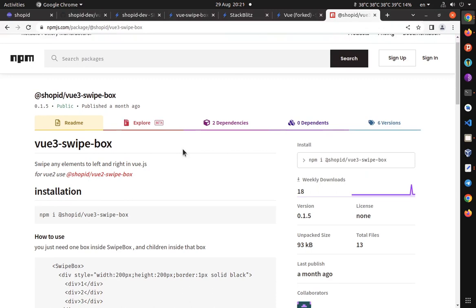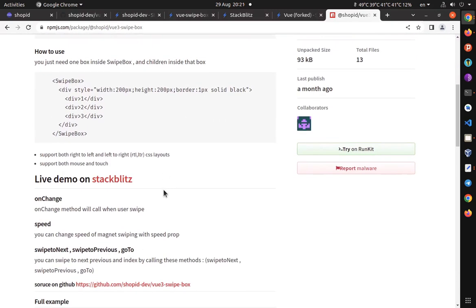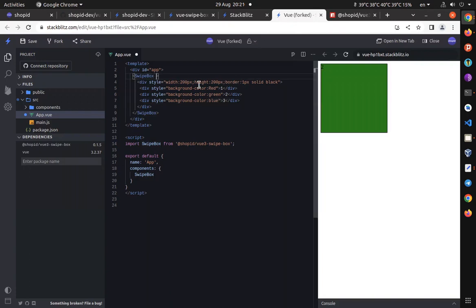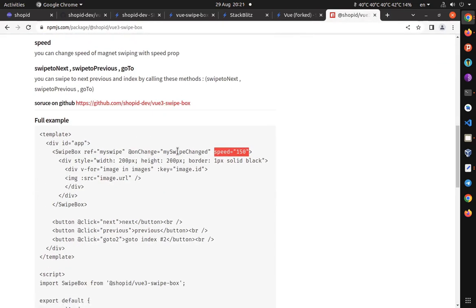You can check out the document and we can change the speed. If we define a speed here, it's milliseconds. You can see it works slower. Nice. We can take control of our swipebox by defining a reference